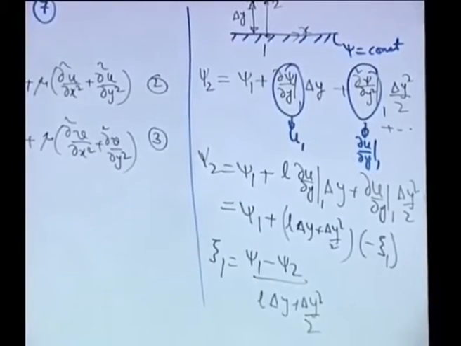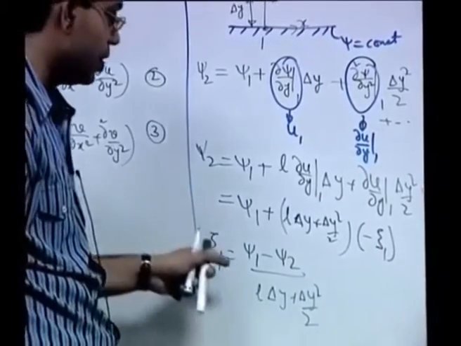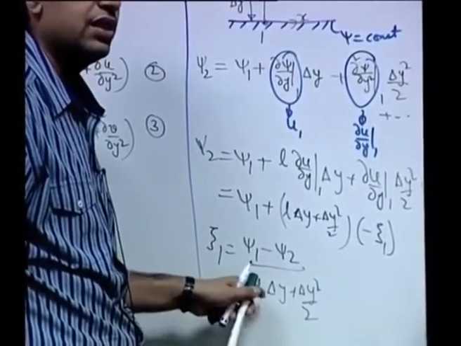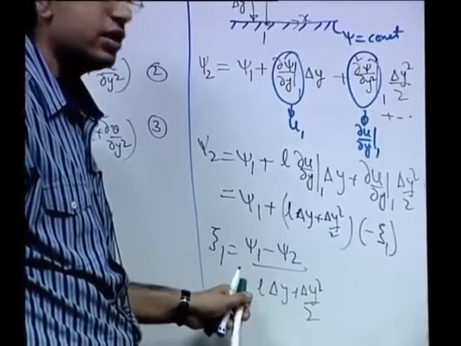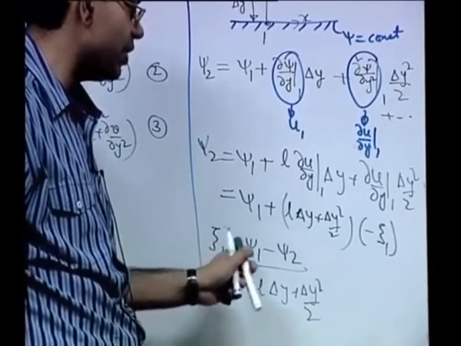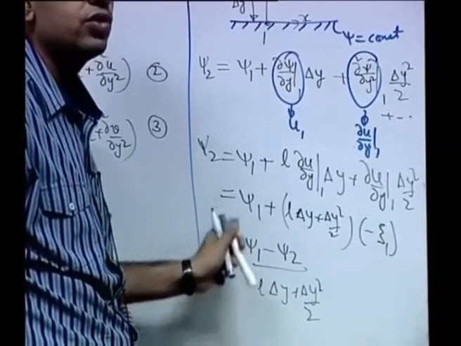This is more general than the case with no slip. For the case with no slip, L equal to 0, and if you put L equal to 0 in this formula, you will get back the corresponding vorticity stream function relationship at the boundary for no slip condition.